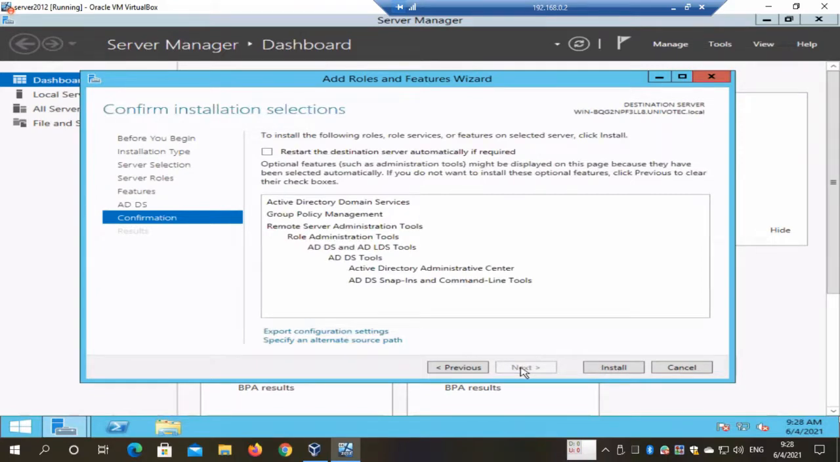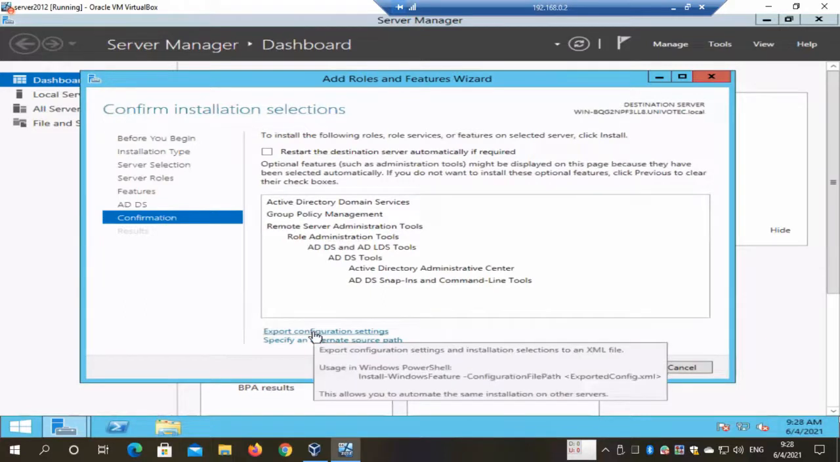Yeah. So now the last part, I need to confirm whether I want to install. Optional features might be displayed because they have been selected automatically. If you want to remove anything which is selected here, you have to go back and then remove those features. So here you can actually export the configuration settings